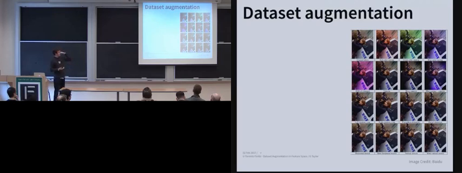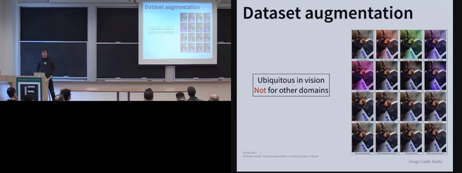So you can noise your images using appropriate, say, JPEG noise models. You can crop them, you can scale them, you can rotate them, and this will generate a much larger existing data set and allow you to learn to be invariant to these types of sources of variability. And of course, as I mentioned, it's ubiquitous in vision, but certainly not for other domains. For every new domain you want to tackle, you would have to go and code up these transformations, implement them, and test them, and so forth.